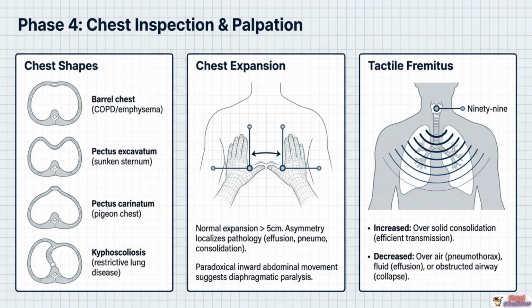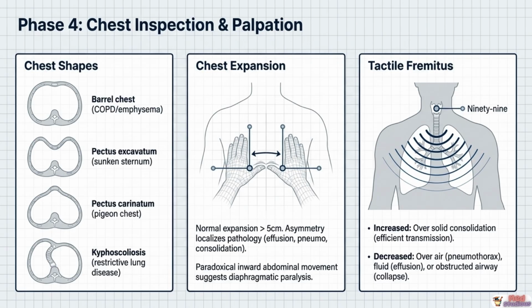Chest inspection begins with recognizing characteristic chest wall shapes. Barrel chest reflects chronic hyperinflation in COPD and emphysema. Pectus excavatum describes a sunken sternum, while pectus carinatum, or pigeon chest, describes a protruding sternal deformity, both typically benign congenital variants. Kyphoscoliosis, an abnormal spinal curvature, is significant because it can cause restrictive lung disease when severe enough to mechanically limit